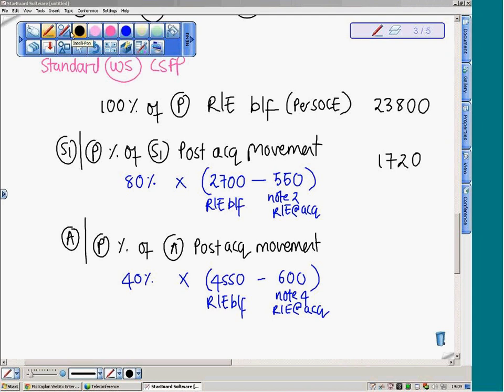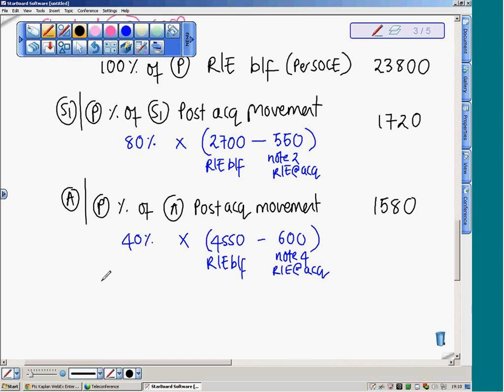Remember, when you equity account year on year, you are including the parent's percentage of the associate's post-DAC movement. So the dual impact is that you're increasing the investment in the associate, but simultaneously increasing your retained earnings. So that's going to be the 1580. A little quirk to remember is that the impairment that they mentioned